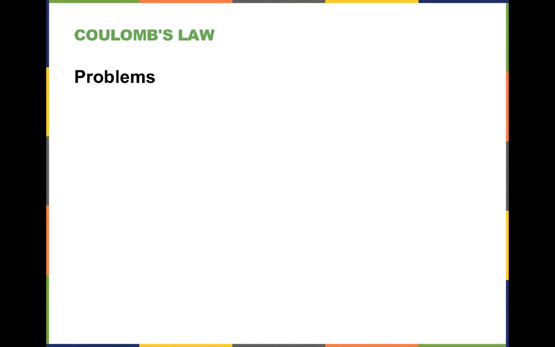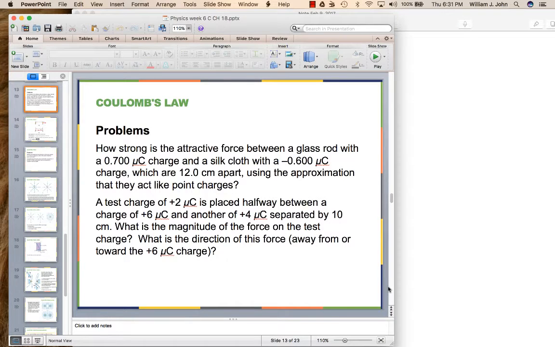Now let's move on and do a couple problems. The first of these problems: how strong is the attractive force between a glass rod with a charge of 0.7 microcoulombs and a silk cloth with a charge of minus 0.6 microcoulombs if they're 12 centimeters apart, and you pretend that they're point charges so you don't have to worry about whether the whole charge is the same distance from each other. So in order to do this,